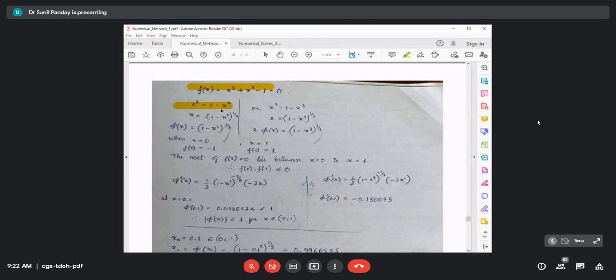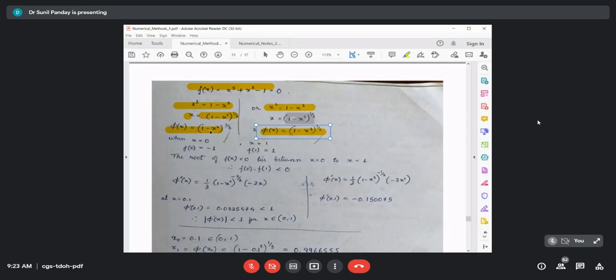So first I go this way: x cube equals 1 minus x square, then x equals 1 minus x square raised to power 1 by 3, and then phi x equals 1 minus x square raised to power 1 by 3 is our iteration function, because from this we are trying to get x equals some phi x. So this is our phi x. Another way is this one. I have taken x square on the left side and 1 minus x cube on the right side, and this is our other phi x. So there are many procedures like this. This is one phi x, you can say phi 1 of x, and this is phi 2 of x,